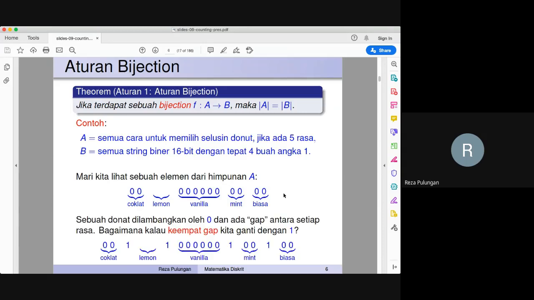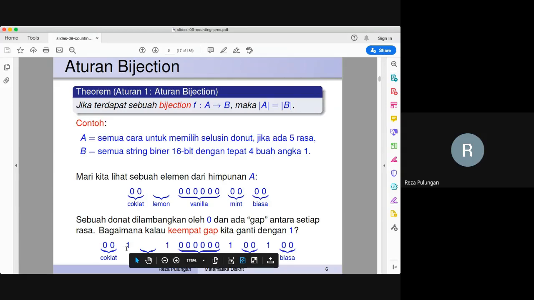So a donut is represented by a 0, and you see there is a gap between one flavor and the other. What if, instead of the gap here, I put a 1 there, and the 1 will basically represent the gap. So the gap will be 1.